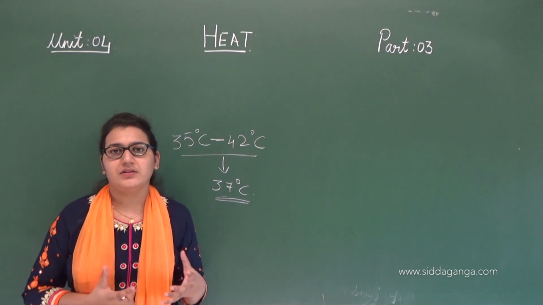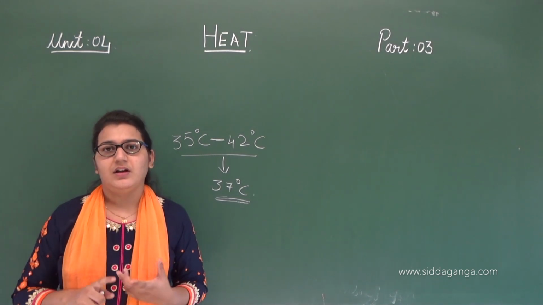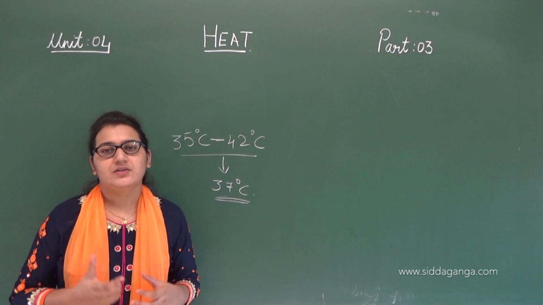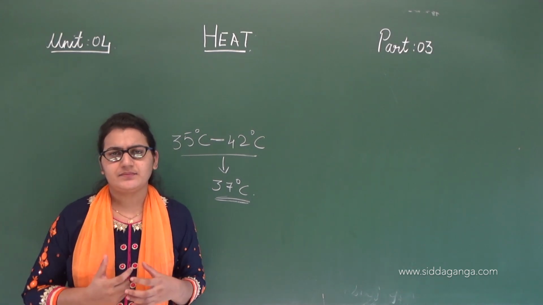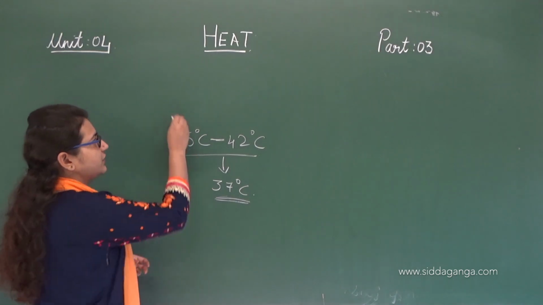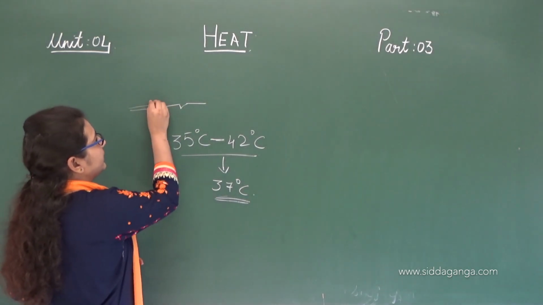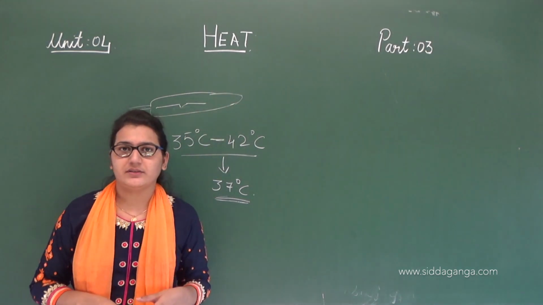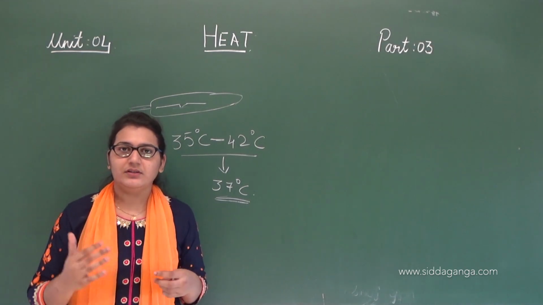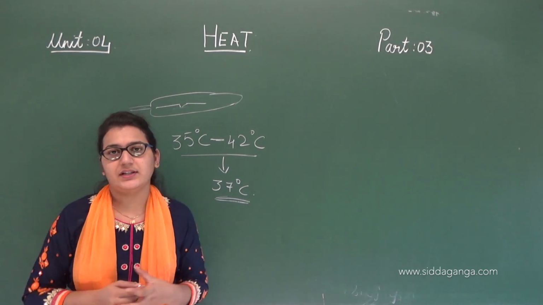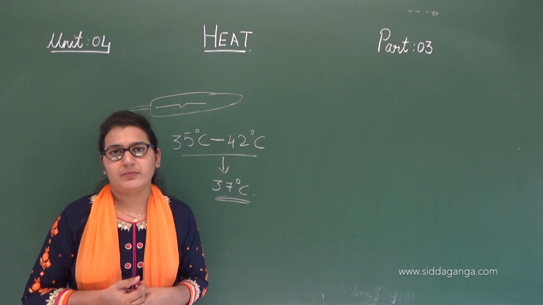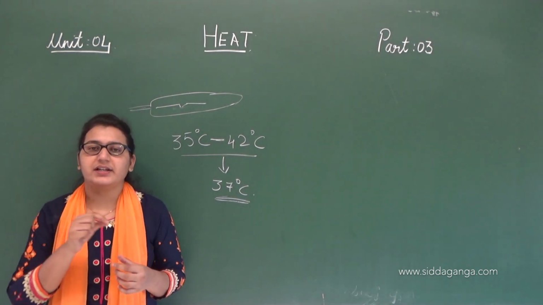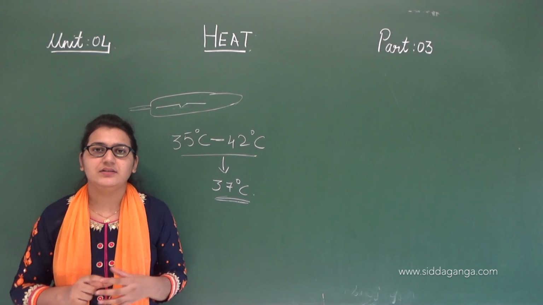The different parts of this thermometer are the bulb, the kink, and a narrow, long glass tube. So what is the reason the kink is present? The kink, that is the bent structure present in this thermometer, is used to prevent the mercury from falling back. Mercury is a liquid metal used in this thermometer, and the shiny thread all along the thermometer is the mercury.